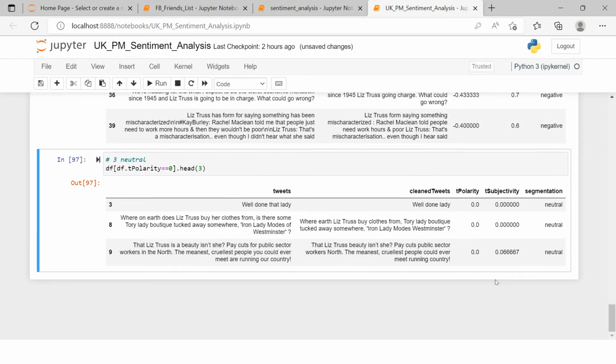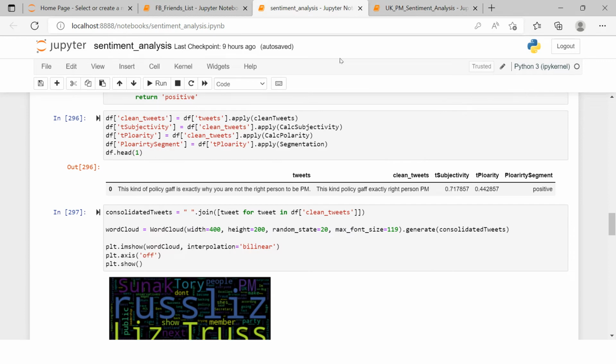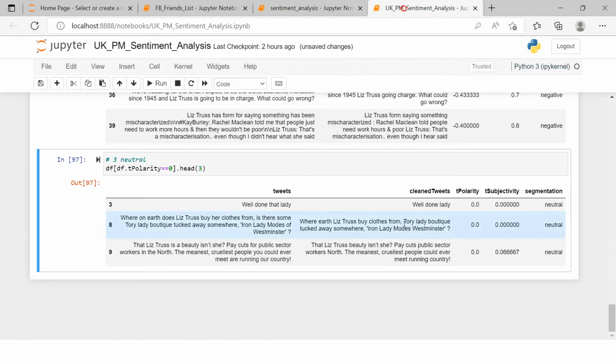Now the next thing we're going to see is what are the words which have been used most of the time, right? So this kind of chart we're going to prepare over here. So the first thing we need to do is consolidate all the traits together.